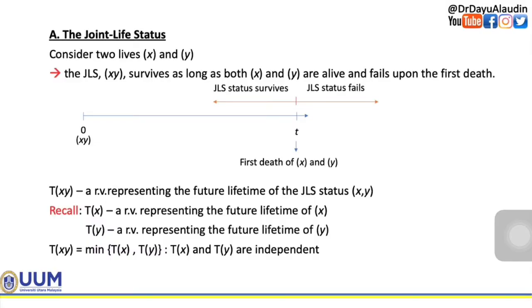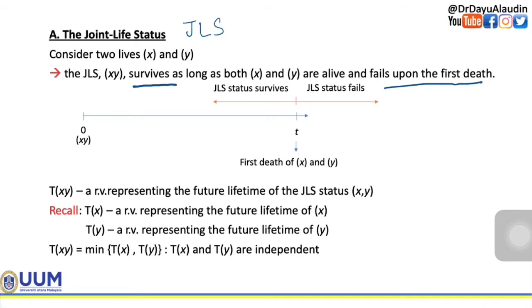Okay, the first type of multiple life function: the joint life status, or we call it JLS. So we consider two lives, x and y. Before this, for single life, we only used x. And now we have two variables, two lives, x and y. So the JLS for x and y survives as long as both x and y are alive and fails upon